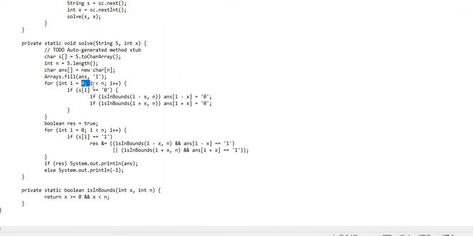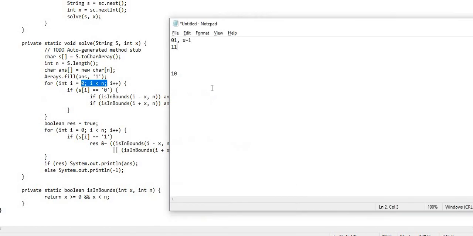Now for 0 to n, I am checking each character whose value is 0. Here for i equal to 0, the character is 0 itself.